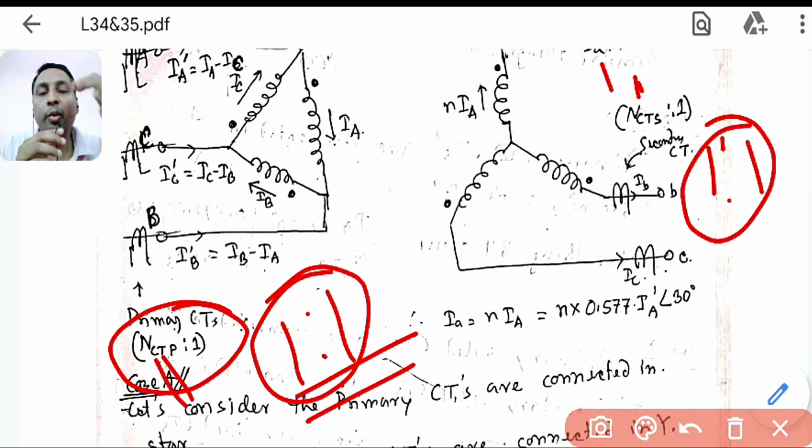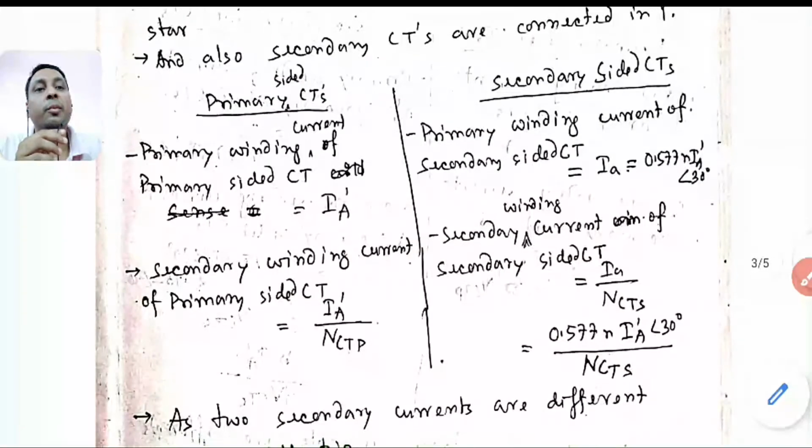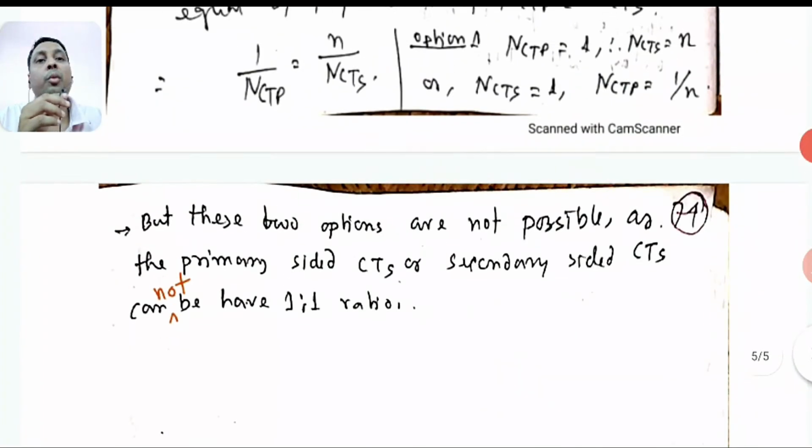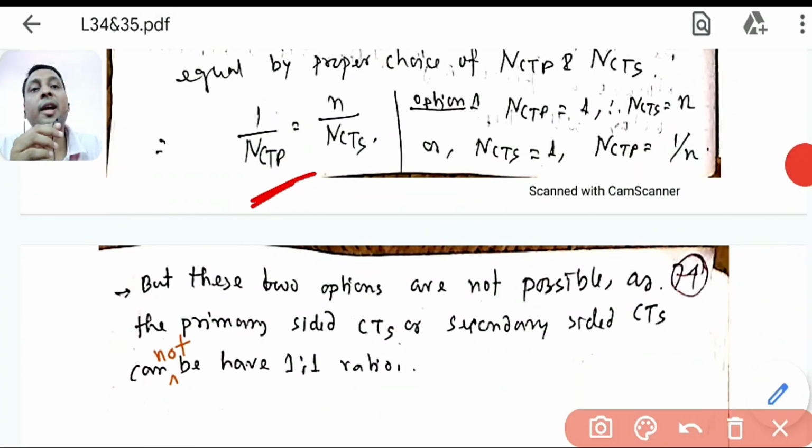current. We want to take the lower value, because hundreds of kiloamperes will be flowing, 100, 300, 500 kiloamperes. That much current will harm your protection scheme. We want to reduce it. So it is not feasible. Practically it is not feasible to have 1 is to 1. So obviously this will not be 1. We have to choose another value. Suppose this is 100, then you have to think what will be that value.